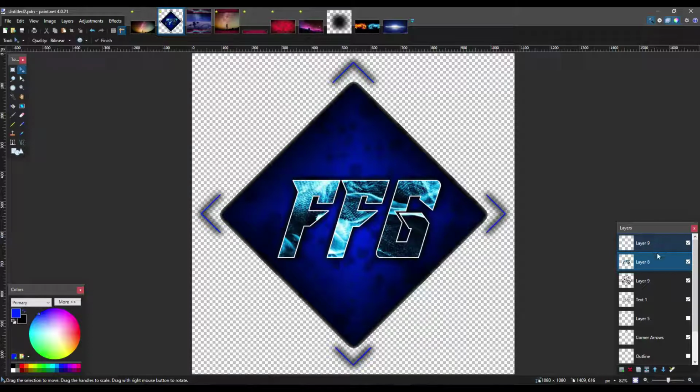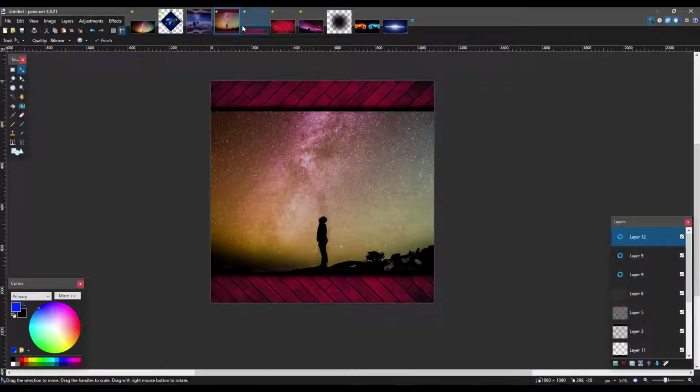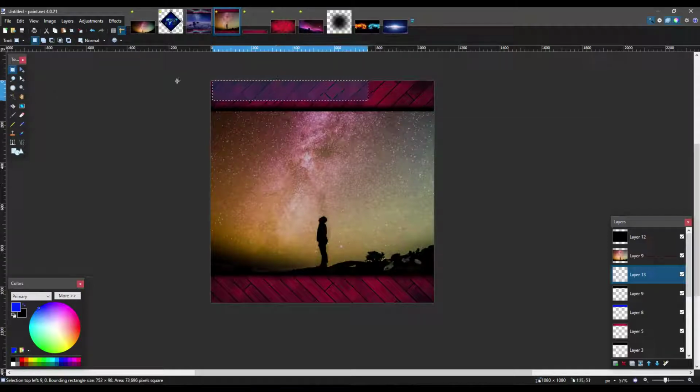Now, whenever I take off the spots, you can kind of see more of a blur to the back, because that has to do with this specific picture. Which is kind of what I'm thinking of doing, if I can figure out exactly what I did for it. I want to do that for the upper part of it, so to speak. So with that being said, we are going to select the upper part